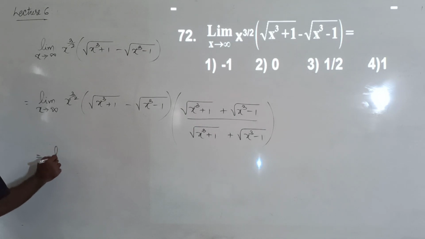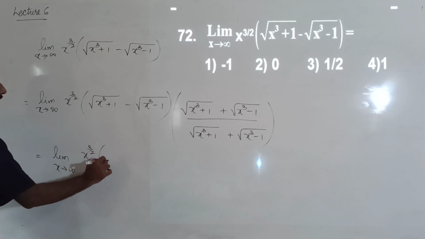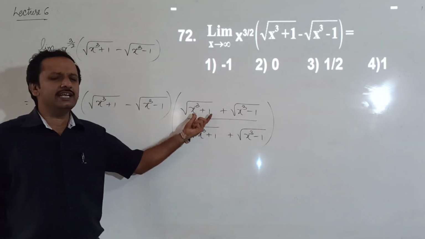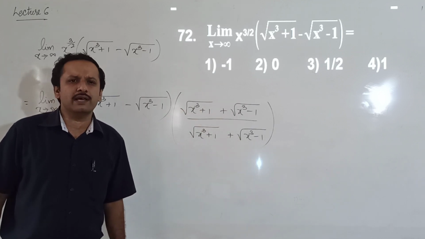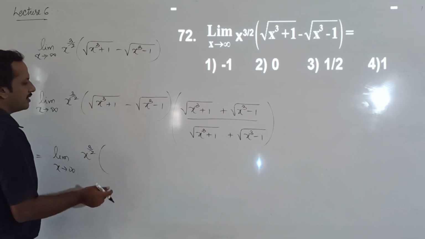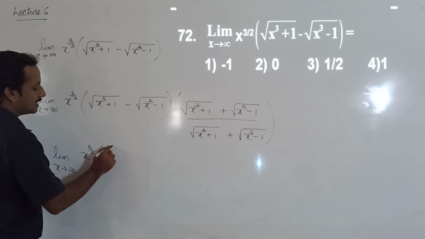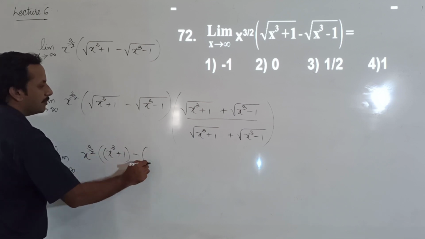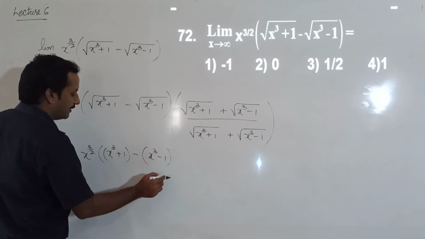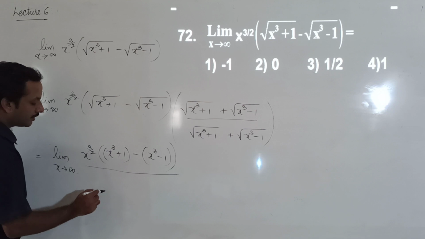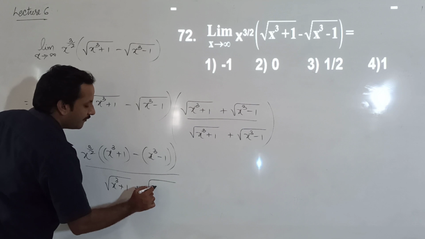Now, this is equal to limit x tends to infinity x to the power 3 by 2 into, here a minus b into a plus b. A minus b into a plus b will give us a square minus b square. What is a square minus b square? A is root of x cube plus 1. So, a square means x cube plus 1 minus b square. B is root x cube minus 2. B square is x cube minus 2, divided by root of x cube plus 1 plus root of x cube